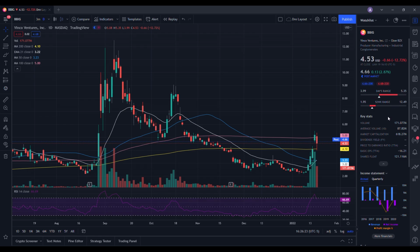$5.35. When we take a look at the volume stats on the day, you can see we traded at 171.077 million shares, and the average volume over 10 trading days is at 87.82 million shares. So we could see we did have above average volume on the day, but of course we had some volatile times inside of the market, and of course BBIG has been running up, so it had to cool off a